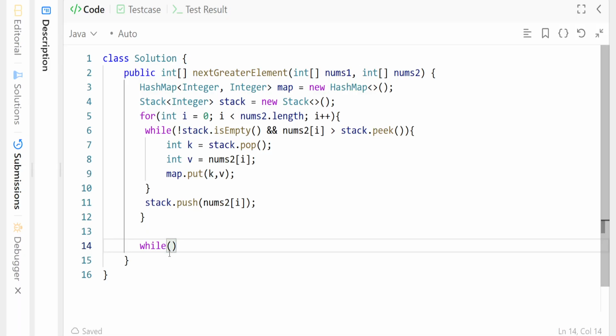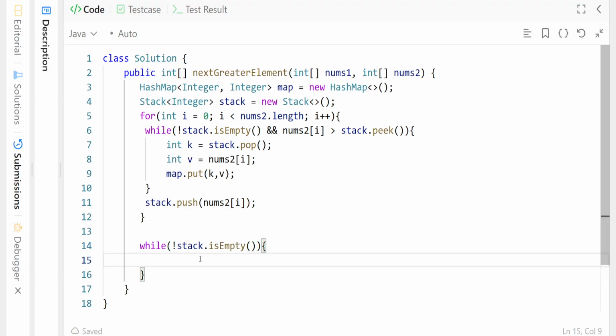For that, we check if the stack is not empty, it means we have to pop it, right? Means we'll pop and we'll add here,